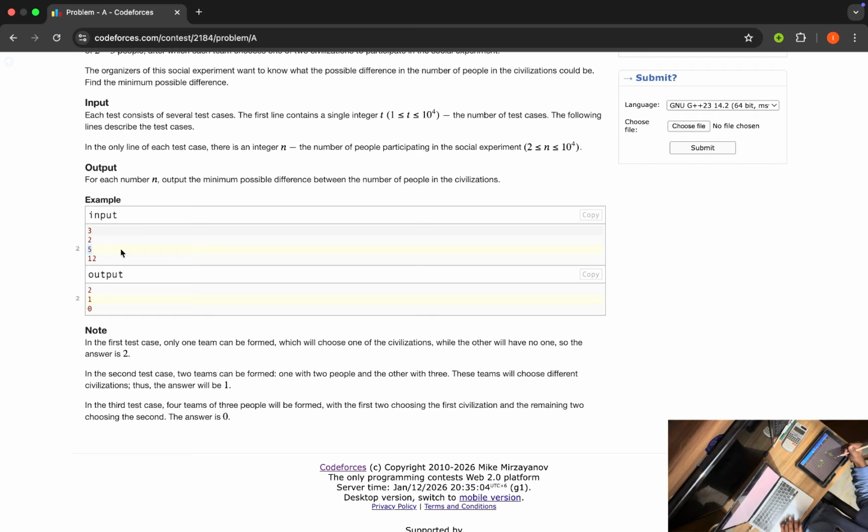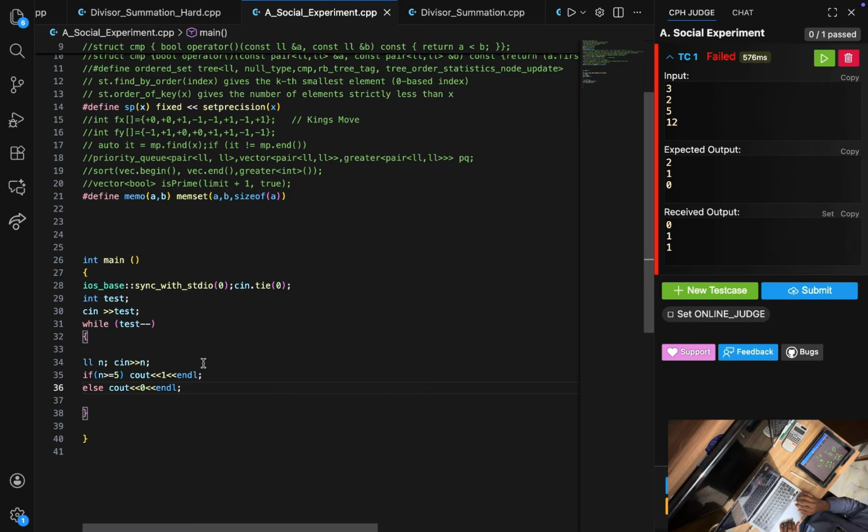I'm confused about 4. Is it allowed to do 3 and 1 and just discard? I don't think so, but so if the value is 2, the answer is 2. If the value is 3, the answer is 3. If the value is 4, the answer is 0. If the value is 5, the answer is 1. If the value is 6, the answer is 0. If the value is 7, also 0. It goes on. Okay,